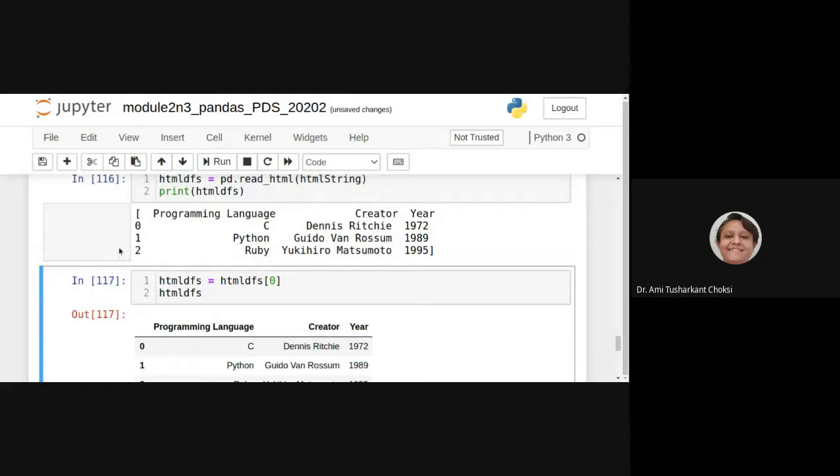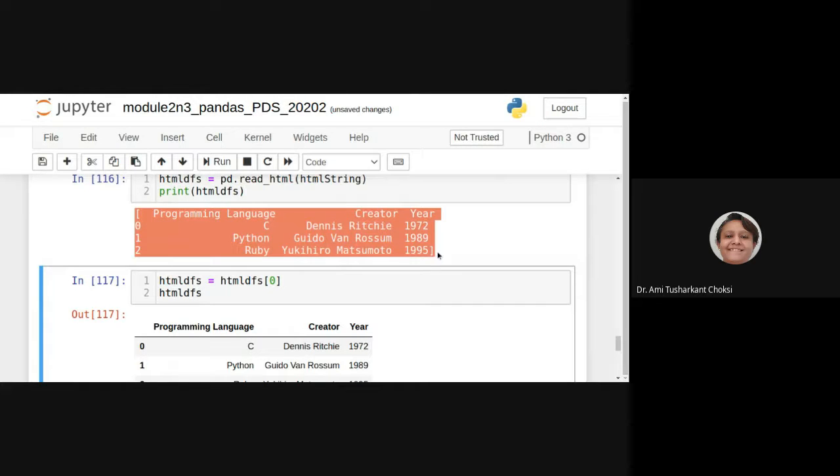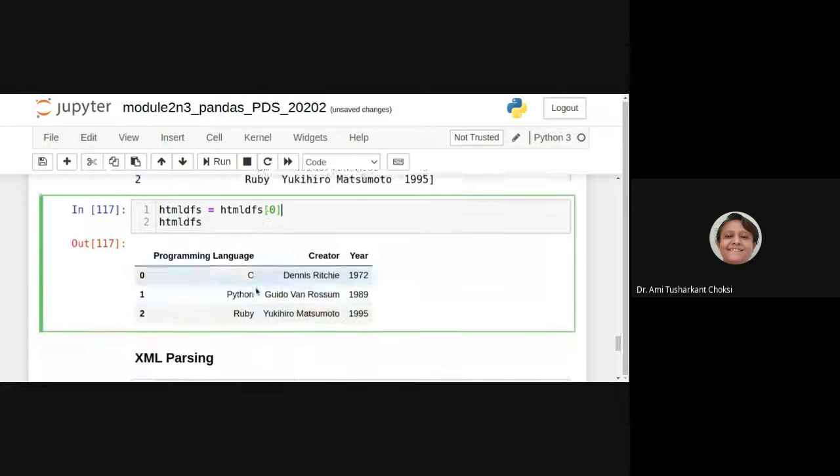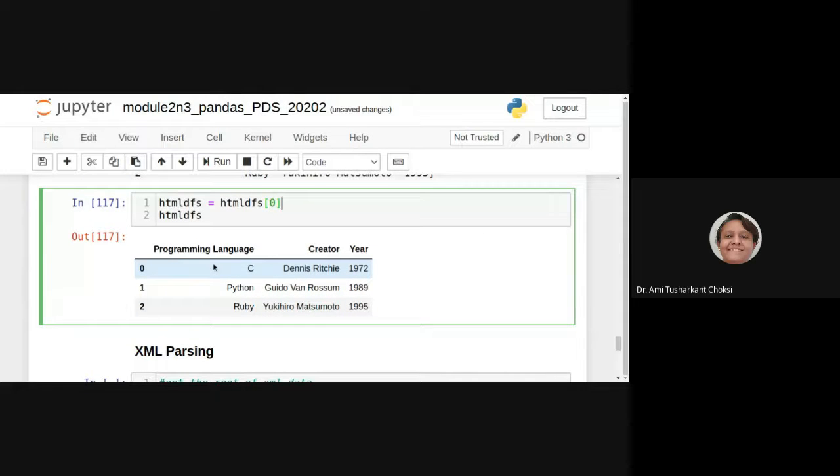That was the data frame. It shows as a list, right? Not exactly a list, but we can say the row and column, but that is there inside a list-like thing, right? Now what we are taking is of 0. So we'll be able to get it as the table. That is the way we are having our data frame, right?